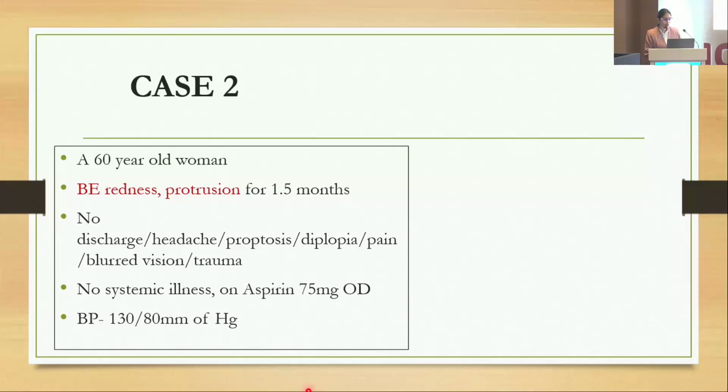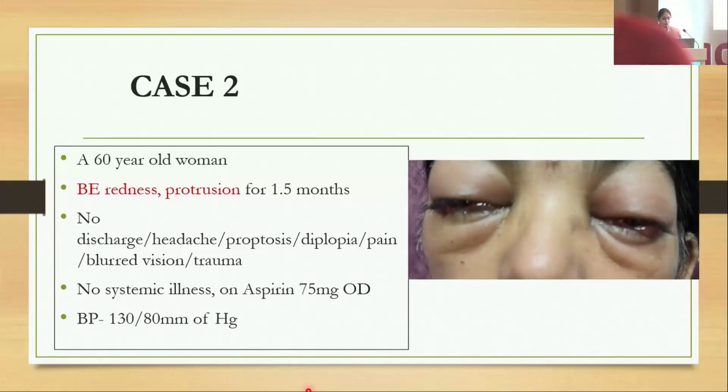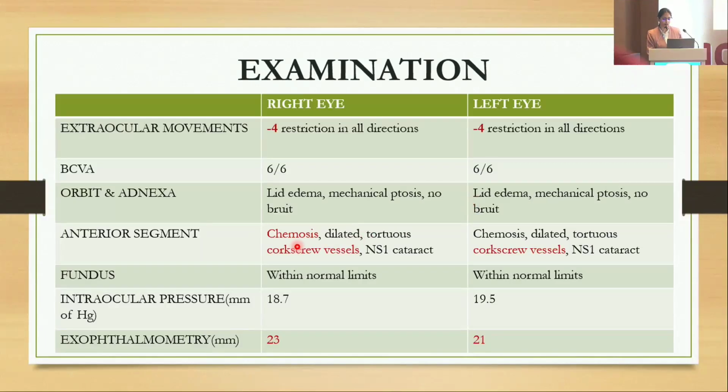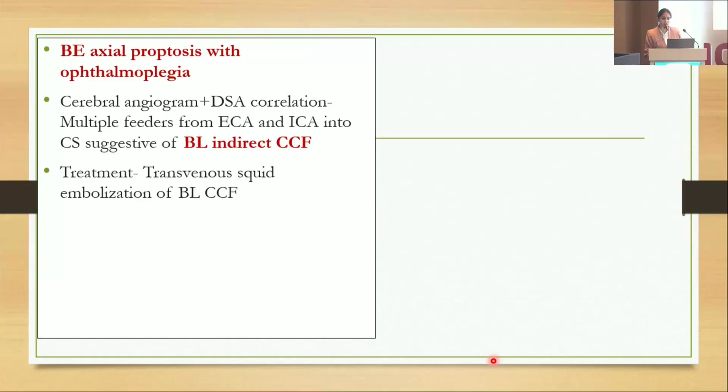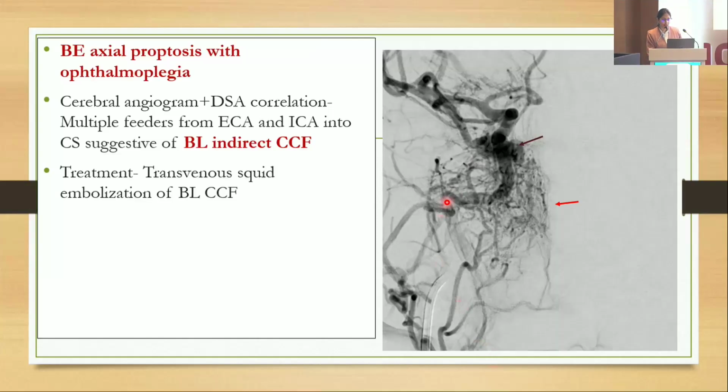The second case was a 60-year-old woman who presented with both eye redness and protrusion for the past 1.5 months. As we can see here, there was bilateral proptosis, lid edema, chemosis, and this patient also had multiple corkscrew vessels in both eyes, and the exophthalmometry was 23 and 21. So again, she was a case of both eye axial proptosis with ophthalmoplegia,